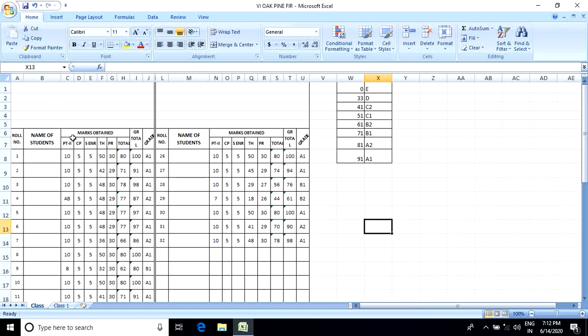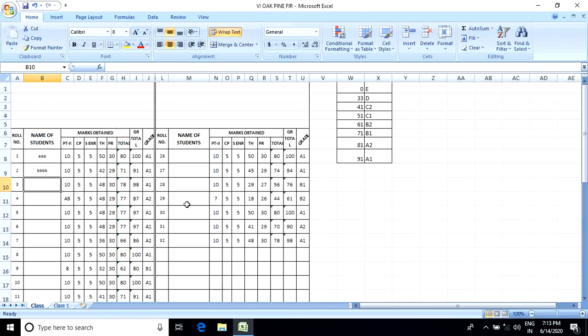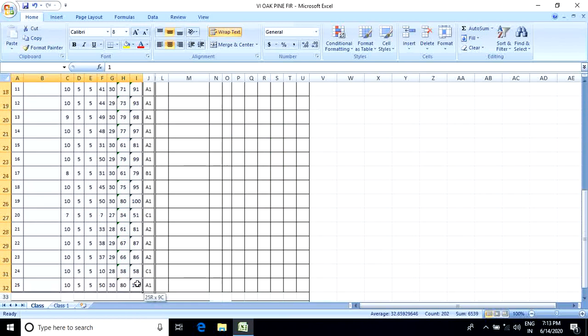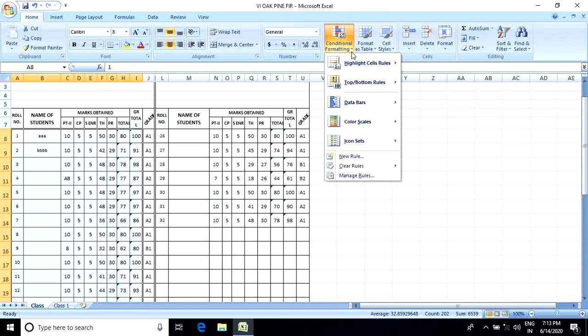Okay, suppose on this one sheet we can generate roll number, name and some values. Okay, so here we can type the name A, B. Okay, in that way. Suppose I ask how many students from this tabulation form are getting greater than 90. So select the cell area, just this particular portion. Okay, and go to conditional formatting.